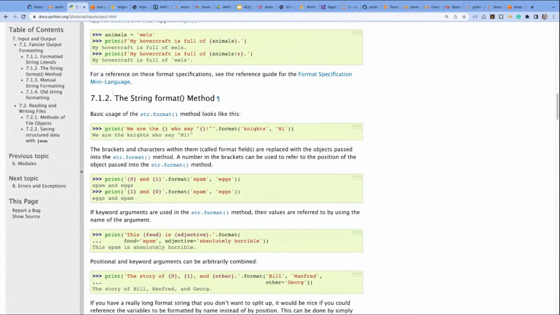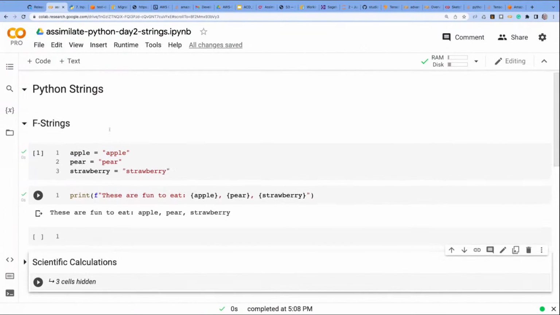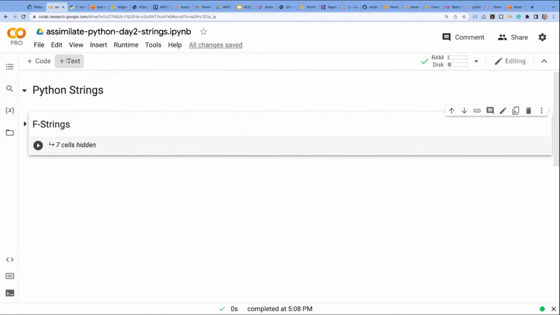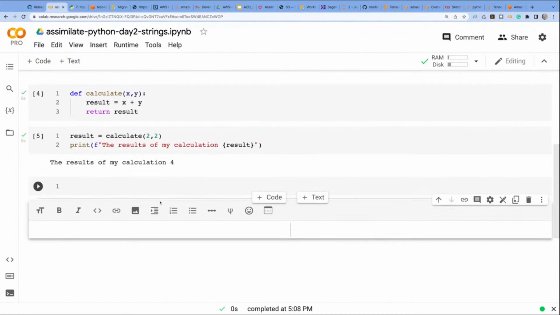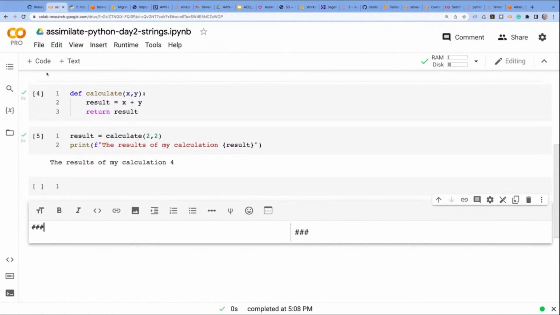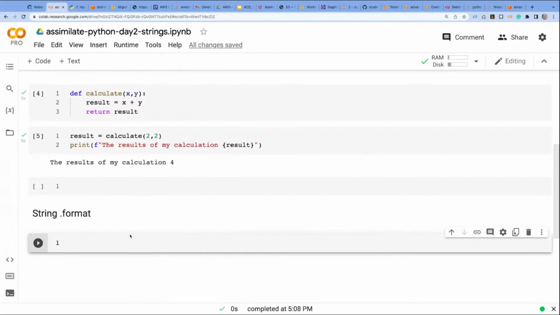We could put the string format method here and just try this, but like make our own version of it. So what if we want to do string format? So we'll put another section here and just do, I think we want to do that, right? Yeah, three string formatting, string format. And if we do this,